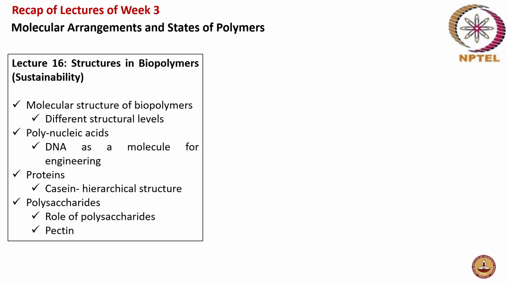Do you remember what are the structural levels discussed for the biopolymers in lecture 16? Maybe the alpha helix and the beta sheets, like these things. Okay, that is one of the structural levels. I'm saying the major structural levels. It was primary, secondary, tertiary, and quaternary, right? So these structural levels were discussed, and then polynucleic acid was discussed in detail, where DNA as a molecule for